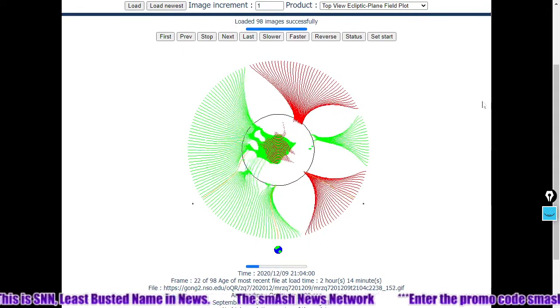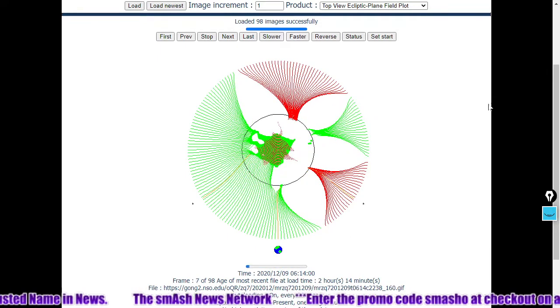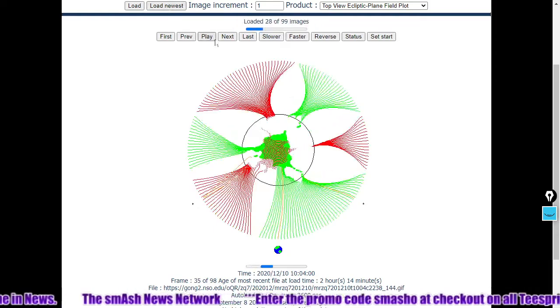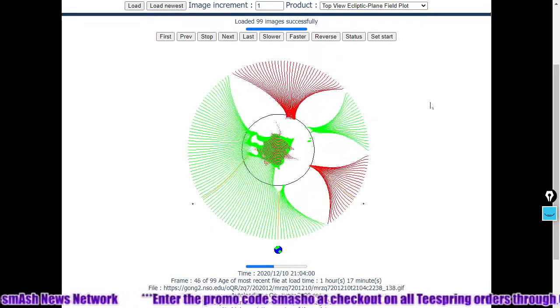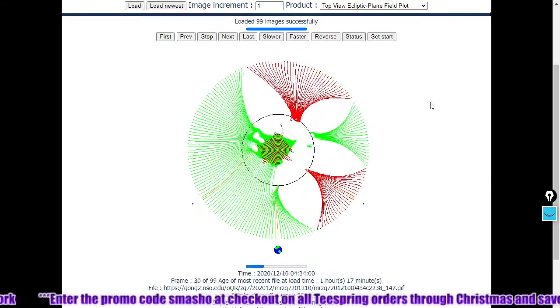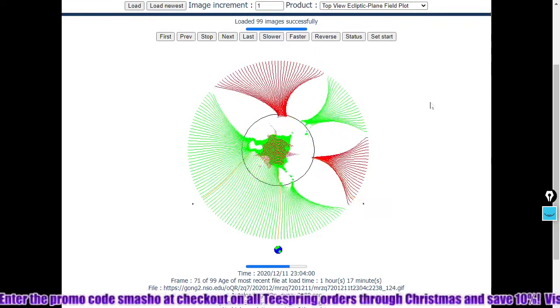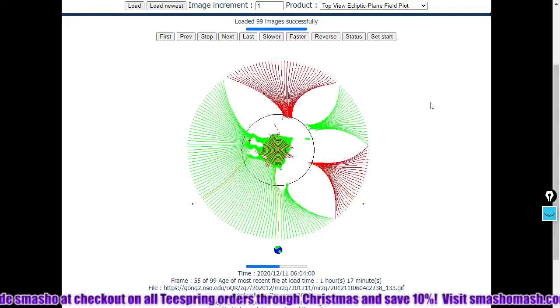And you can see the Earth is solidly in the North Pole current sheet here. I don't know why it's stopping. Let's reload that, see if it works. There we go. Earth solidly in the North Pole current sheet, although an indication that the South Pole is still quite strong here,